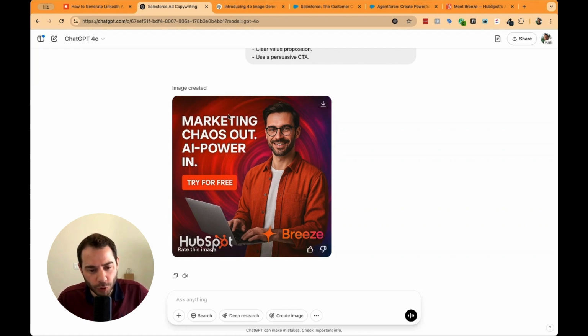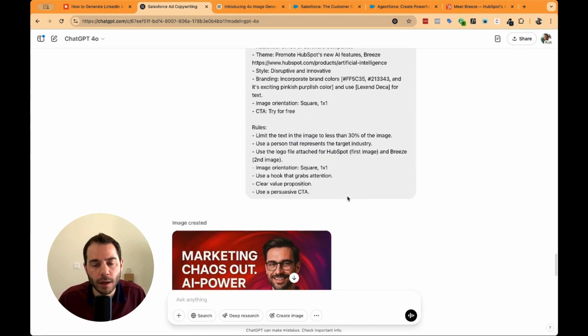I think there's more we could do with the hooks here. I probably need to get a little more direction around what the specific angle I want it to take. I like how it has both logos. I don't know if I like the alignment of them totally, so I see some opportunities to re-prompt, but overall it's like a starting point. Like, I think this is actually very good. Maybe I can go more specific in the different industries or type of industries I want to target and then have more relevant people. Let's do another one of these and do a more abstract image, and let's see what